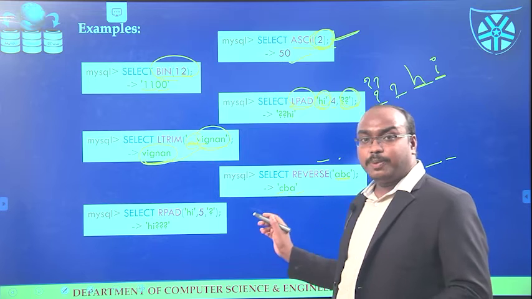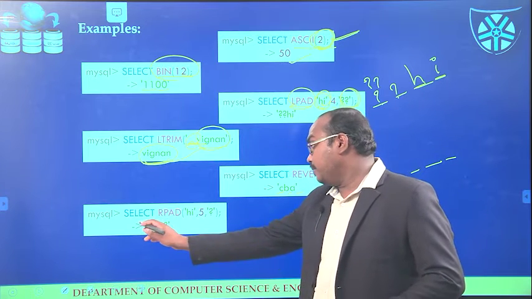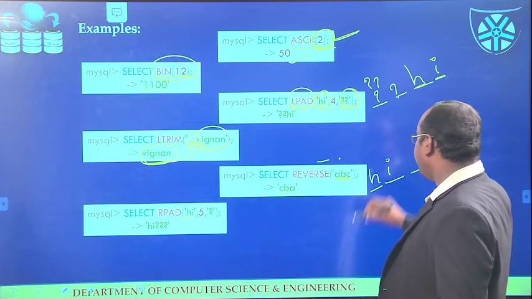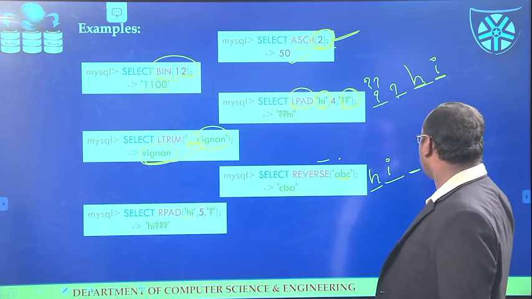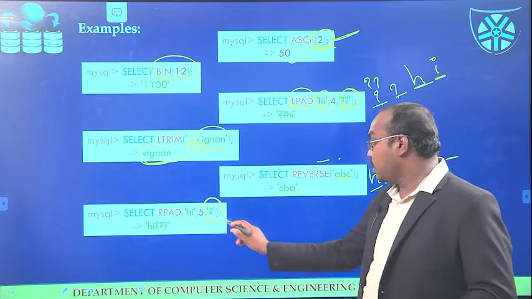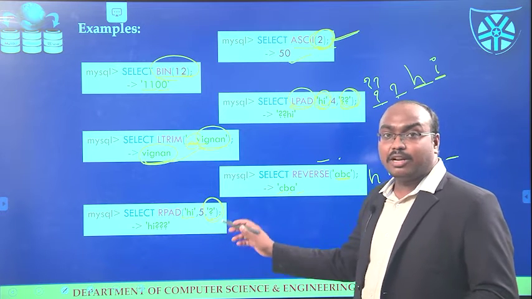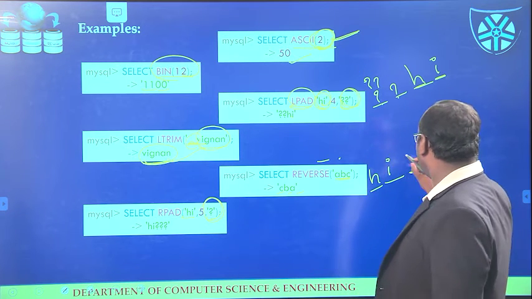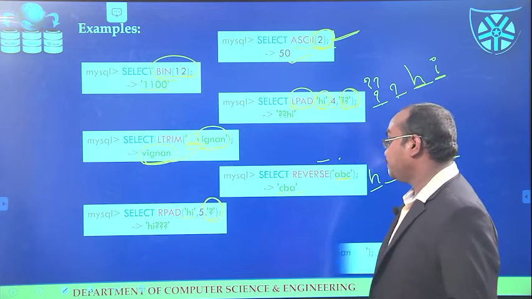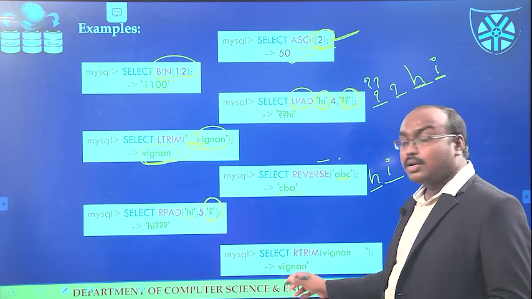In these 5 spaces we are adding on the right side. First these 2 letters, H, I, occupy the space, and the remaining spaces are occupied with the special characters. Whatever characters we take, those characters will occupy the remaining positions. These are the special characters.